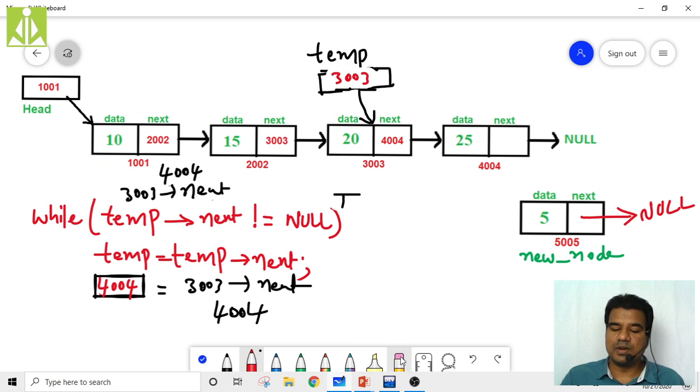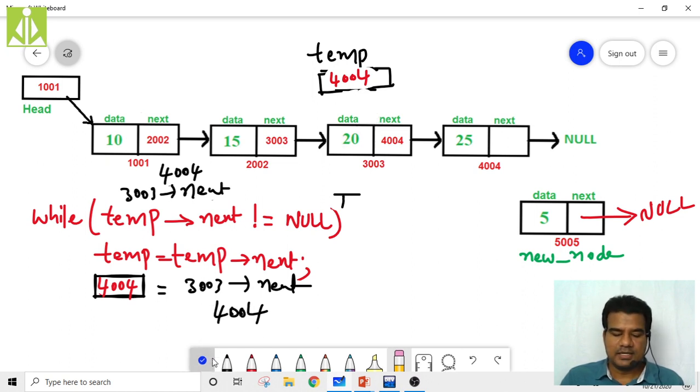This will be removed, and 4004 will be placed here. If it is 4004, does this link retain? No, this link will not be retained, and it will be removed.